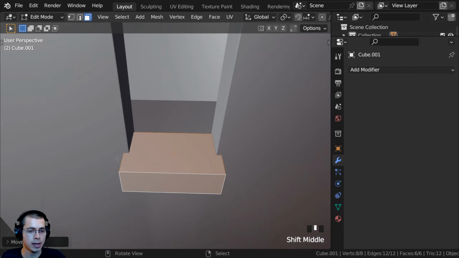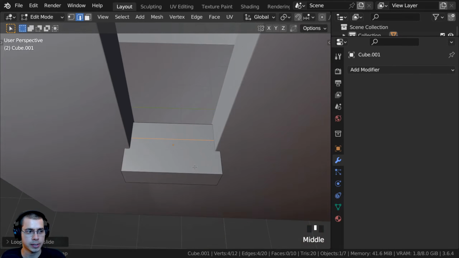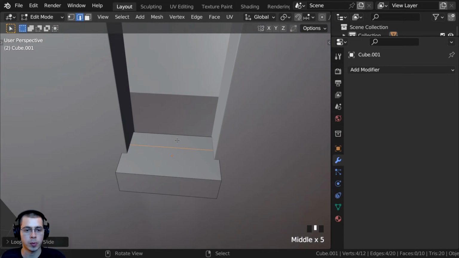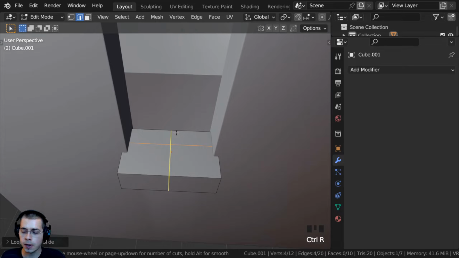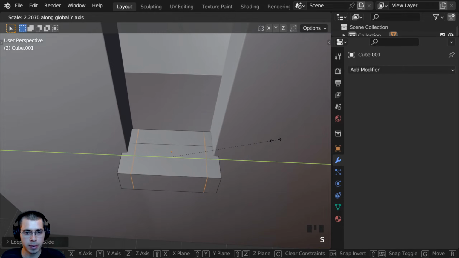All right, so I now want to add a loop cut. So I'll press Ctrl R, click, and then we'll drag this over to kind of in the center there and click to place that there. And then I want to add some more loop cuts here so that we can extrude up the window frames. So I'll press Ctrl R, and I can scroll my mouse wheel so that there are 2 of them, and then left click and right click. And then I can scale these, and we'll scale them out on the Y axis,